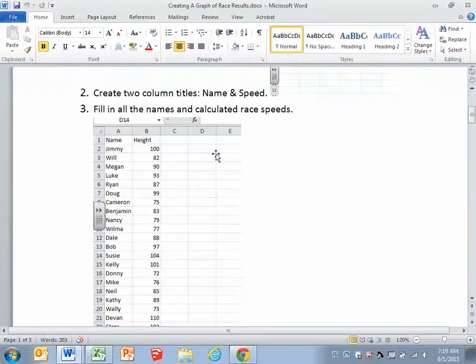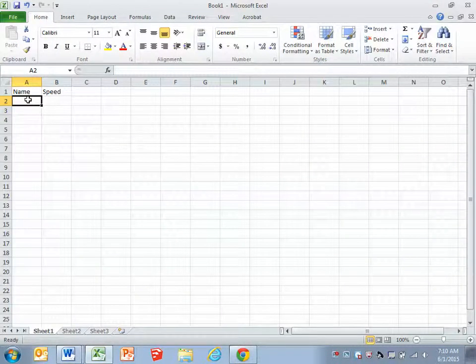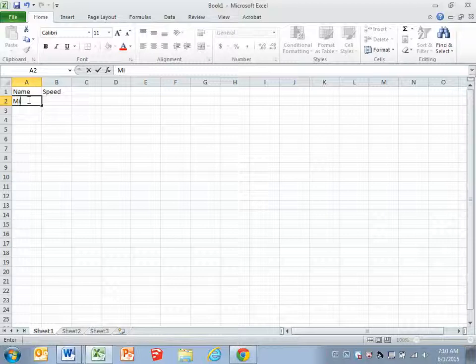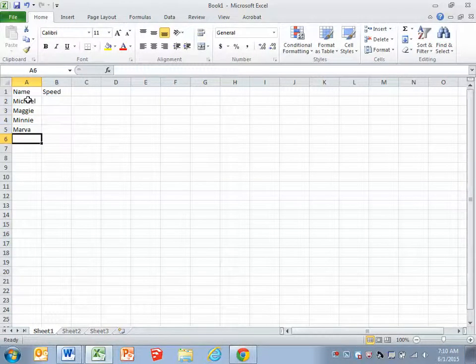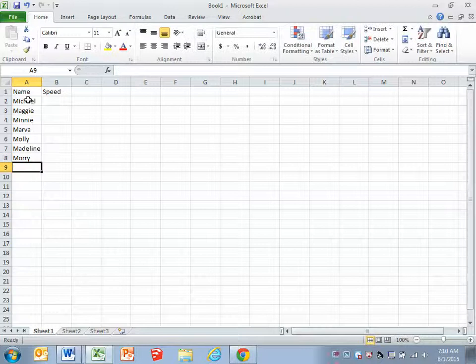So we're going to fill in all the names and the calculated race speeds. This is where I'm going to make everything up. Calculating Speed 3, they all start with the letter G. I'm just going to make them all start with the letter M in this example. So we'll say I have Michael, I have Maggie, I have Minnie, Marva, I have Molly, I have Madeline, I have Maury, I have Murray,